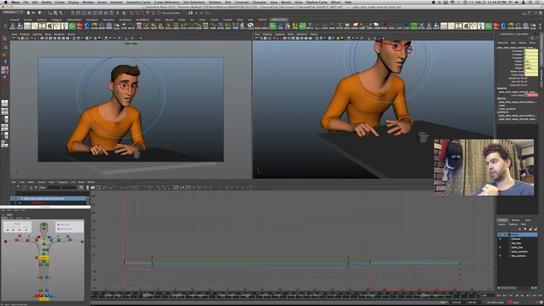I think I'm going to switch to IK, because I like IK for getting arcs and moving the hand via the wrist as opposed to moving the hand via the shoulder.